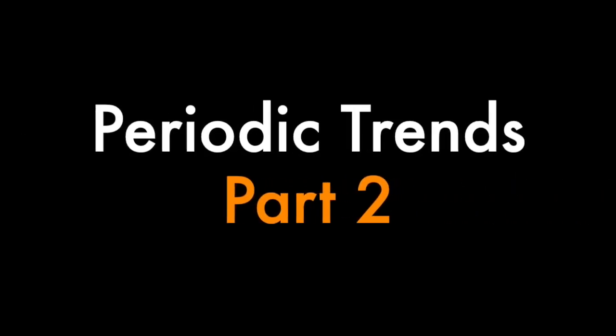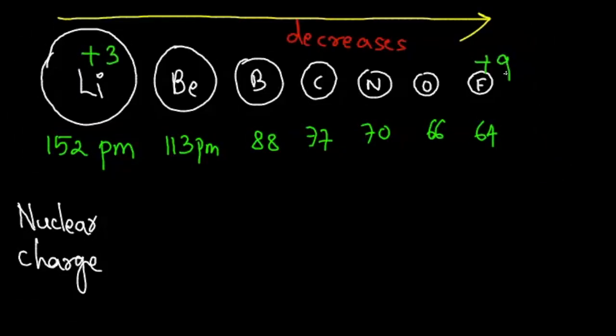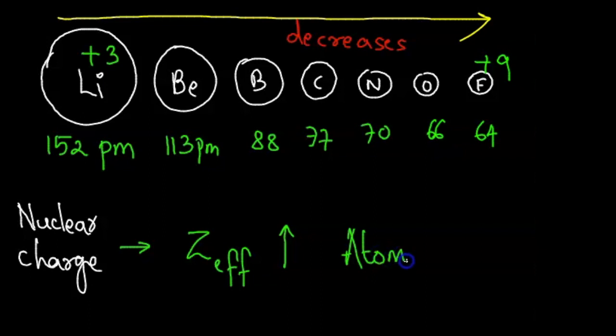In the previous video, we discussed the trends in the periodic table with reference to the atomic size. We learned that moving left to right across a period, the atomic size generally decreases. This is because as we move across the period, the nuclear charge of each atom increases by one proton, and thus the effective nuclear charge experienced by the valence electrons increases, which in turn reduces the size or the atomic